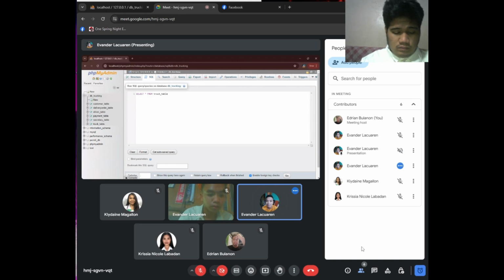Truck table, inner join, delivery order, on truck table dot truck ID equals delivery order table dot truck ID.